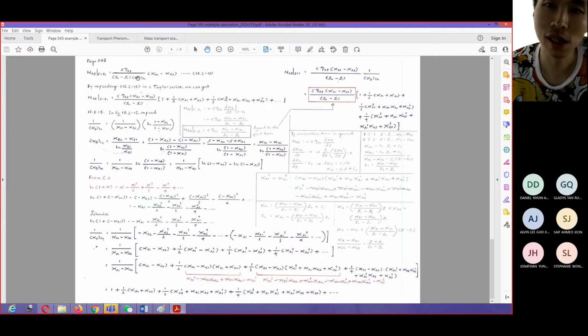such that I can basically just care more about this term, 1 over XB ln, which is equal to this particular term here. And then when I take this ln(1 minus XA2) minus ln(1 minus XA1), these two terms I replace with the Taylor series expansion, which is expressed by these terms here, then this term will be equal to this term. As a result, these equations can be expressed in terms of these equations here.